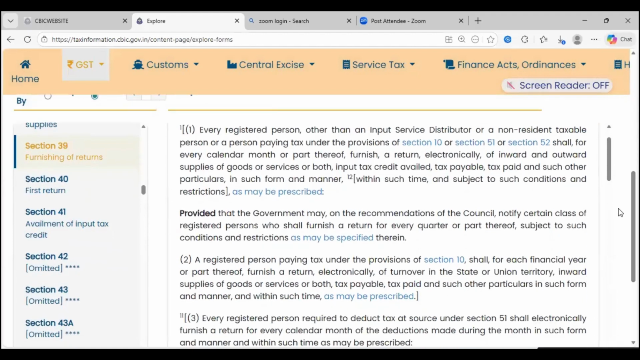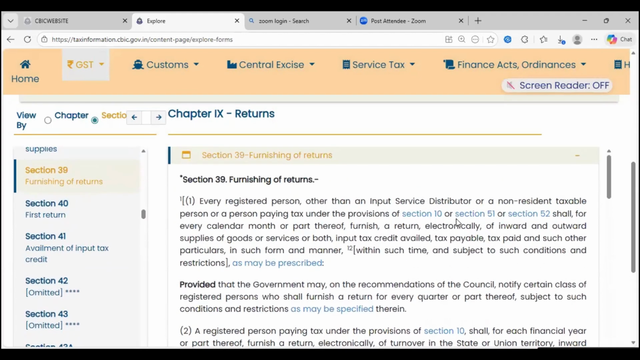See, this is what your Section 39 talks about. Furnishing of returns. Every registered person other than ISD, NRTP, or a person paying under Section 10 (Section 10 is your composition), Section 51 (TDS), Section 52 (TCS)